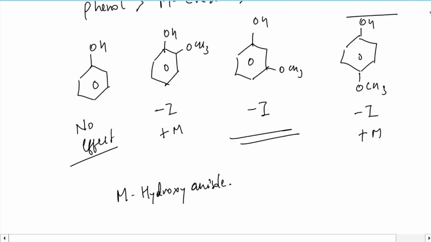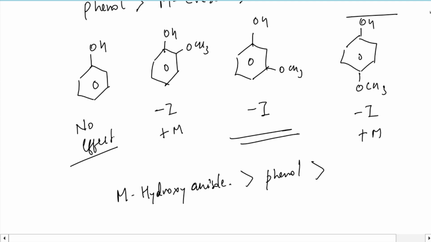And then what comes is either phenol. Next to this is plus M, because plus M will be the dominating factor. That's why we have taken phenol prior to ortho hydroxyanisole and ortho parahydroxyanisole. So next to this is